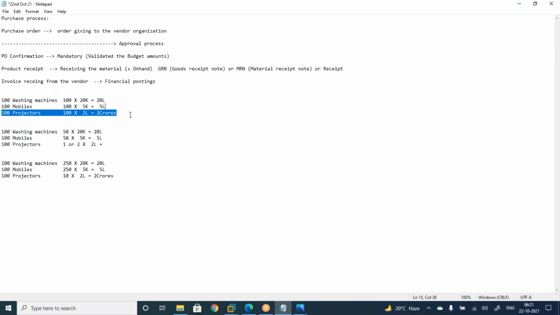So why I'm telling this: in the purchase process, manager approval is most important. A purchasing clerk cannot think the way your manager thinks. The approval process is most important in the purchase order.